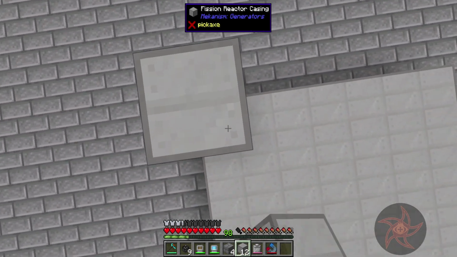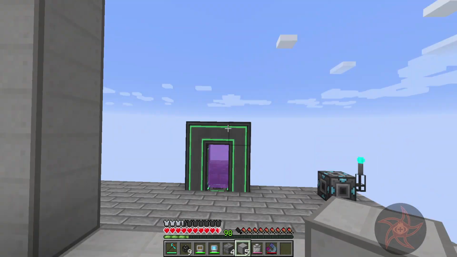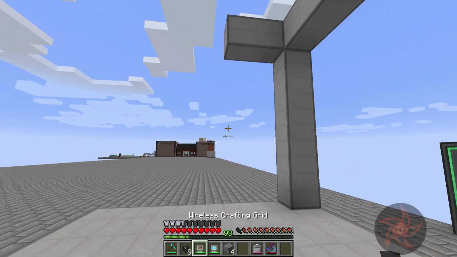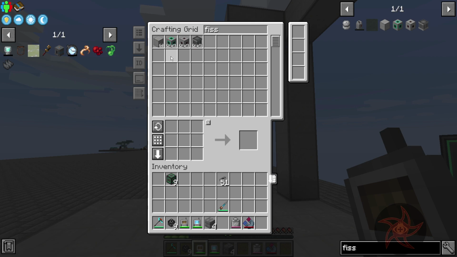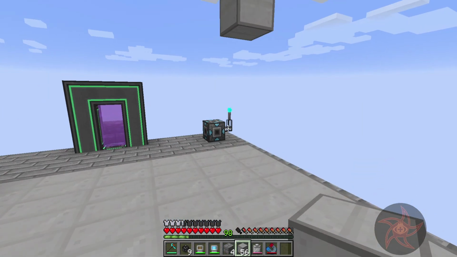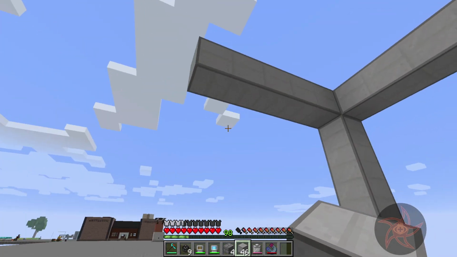Let's go 1, 2, 3, 4, 5, 6. And we're just going to do like this. And there. Now, if I ask for another stack. Look at that. Done. Yep. I should have set the steel casings to automate a while ago. We go, and is that...